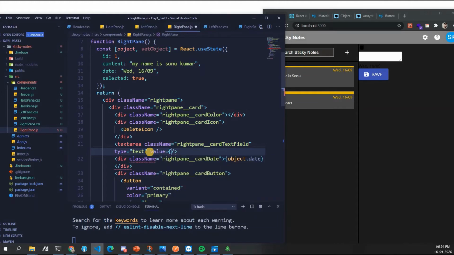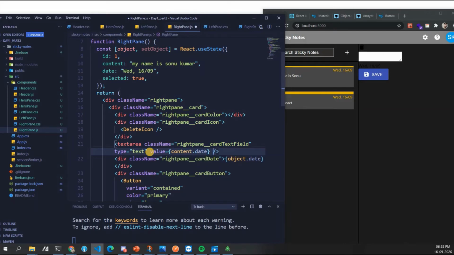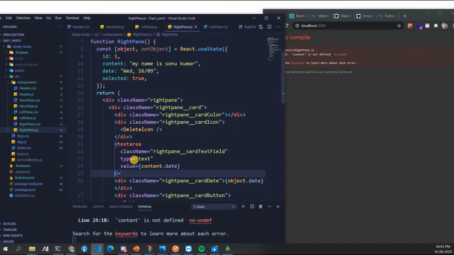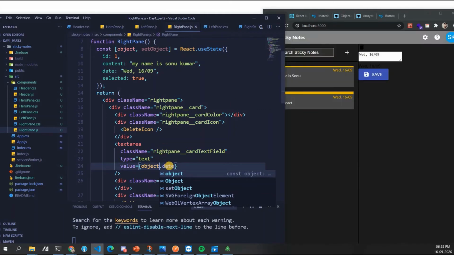So value should be content.date, and you guys write this first and then we'll see. Value, I say, content object, object.date, content. Looks fine, guys.